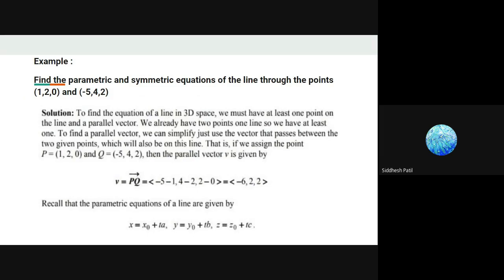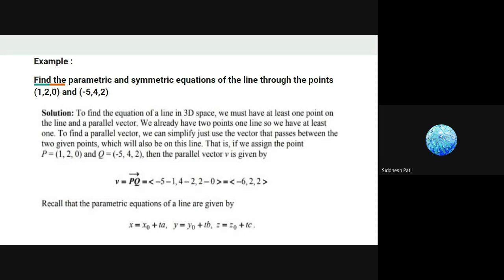Now this is one example for what we just saw in short. So we have to find the parametric and symmetric equations of the line through the points 1, 2, 1 comma 2 comma 0 and minus 5 comma 4 comma 2. So first of all, we have to find the equation of the line in 3D space. We must have at least one point on the line and a parallel vector, which we saw in the diagram. So we already have 2 points on the line, so we have at least one. To find a parallel vector,